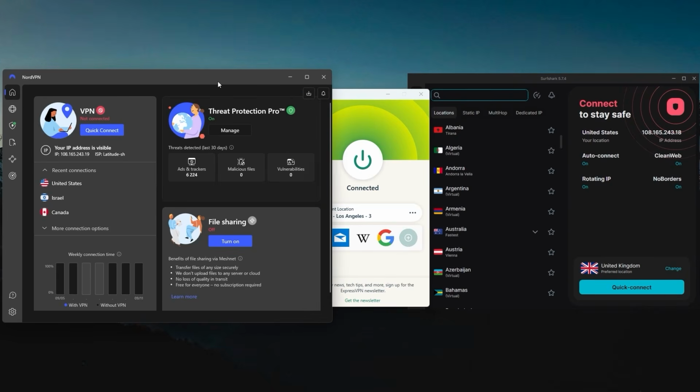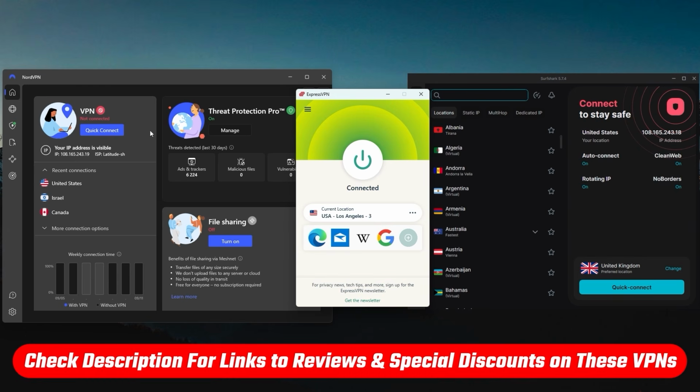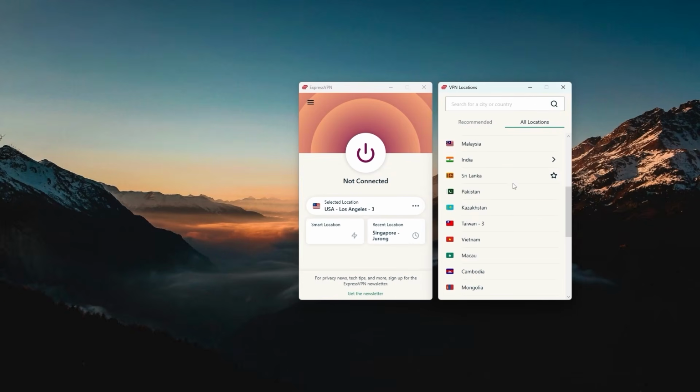Now, I don't want to make this video any longer than it already is, so I'll just briefly go over all 3 VPNs to help you see which one works best for you. But if you'd like to know more about them, you can check the in-depth reviews I'll be leaving in the description down below. So starting with ExpressVPN,